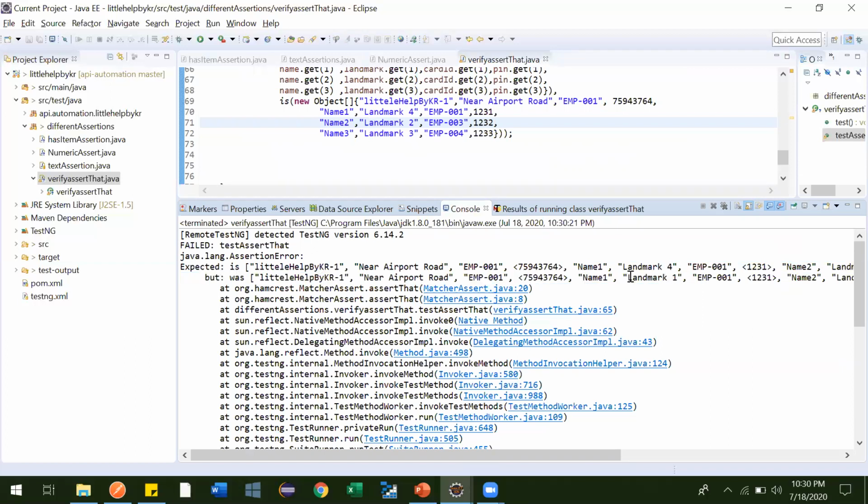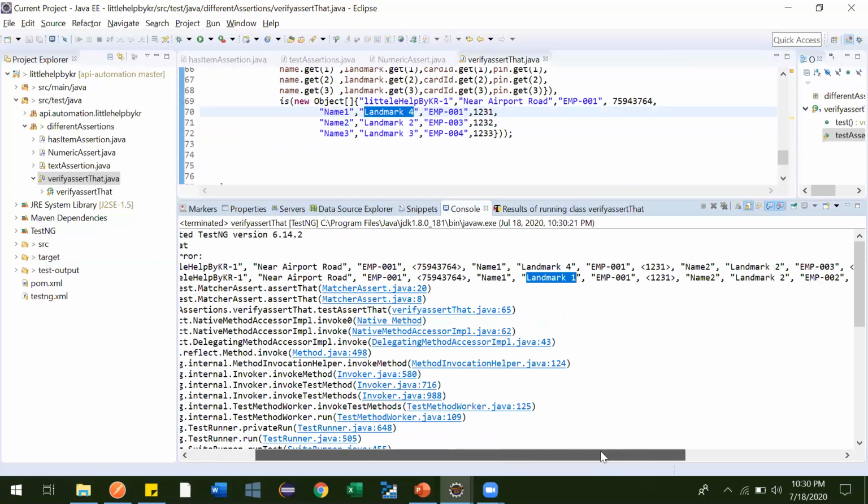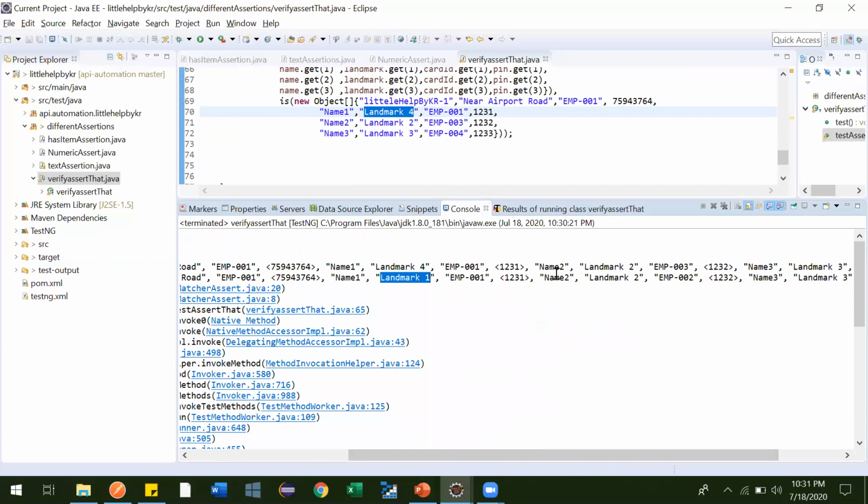We are expecting landmark 4, but the value is coming as landmark one. So here it is failing. One failure we observe, and this is fine. See here also, this is also not matching.